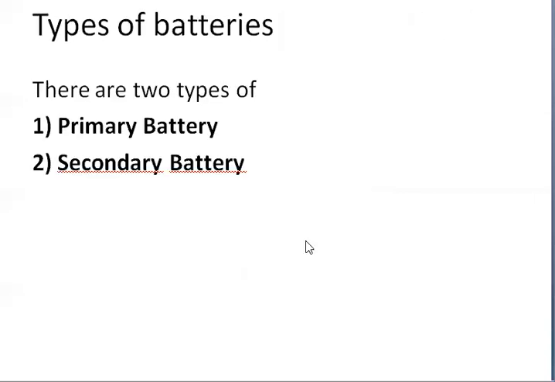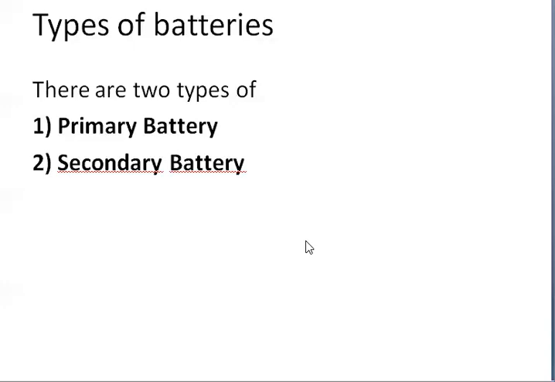And coming to the types of batteries, there exist two types of batteries, that is primary battery and secondary battery. The primary battery is also called single use battery or throwaway battery. It cannot be recharged or reutilized. These batteries are also called dry batteries or dry cells, which are used in watches, etc. Examples are mercury batteries, zinc batteries, alkaline batteries; all these are examples of primary batteries.